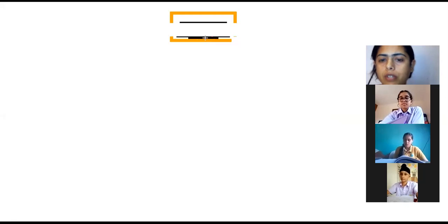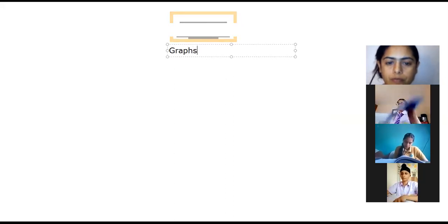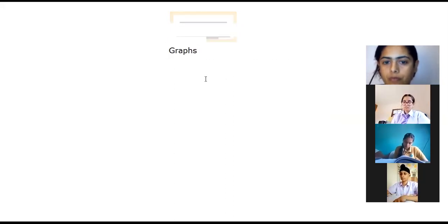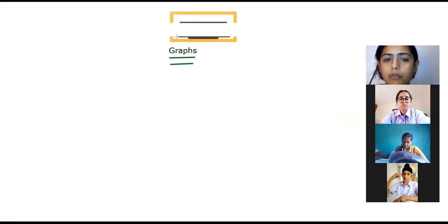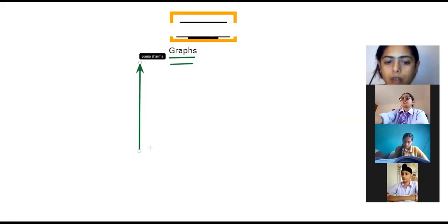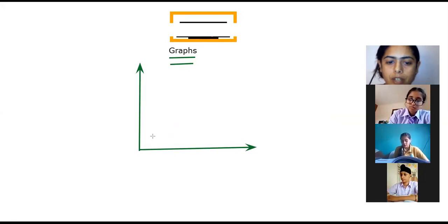Today we are going to proceed with the concept of graphs. In your book, the graphical representation of motion. So what is a graph? A graph is a convenient way to represent any data. For example, I have to show you the performance of two companies. So I will be drawing the graph between the two companies. One company is with the red line. So one company's data is like this.